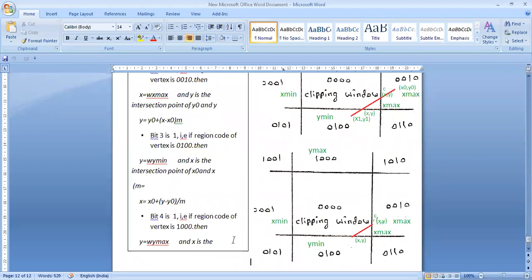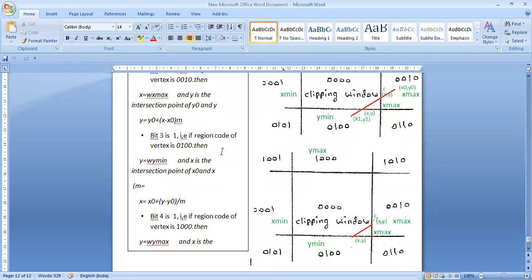So at last I will get this particular line. I have brought this end point to here, and I have brought this end point to here. We will not actually delete the line, we will change the end point coordinates. This is the line I got now. This particular complete line we clipped to this form.